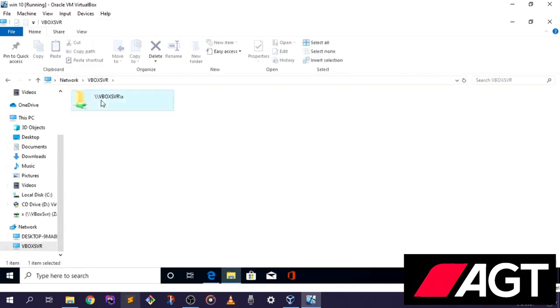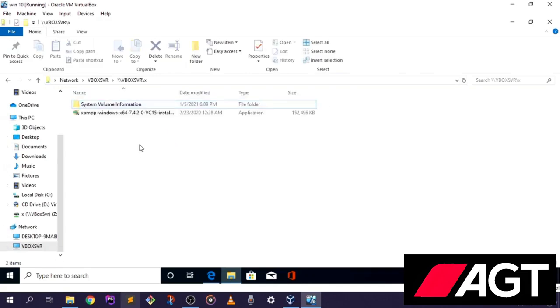Just because I'm on my virtual machine, it should be right here. So all you have to do is click on it, and you'll notice that I have 7.4.2. There are not any very big differences between 7.4, 7.3, or anything like that. They're basically the same thing. So if we click on it,